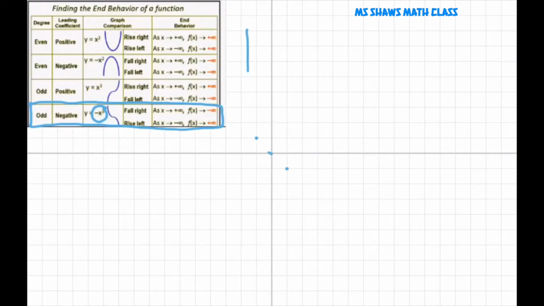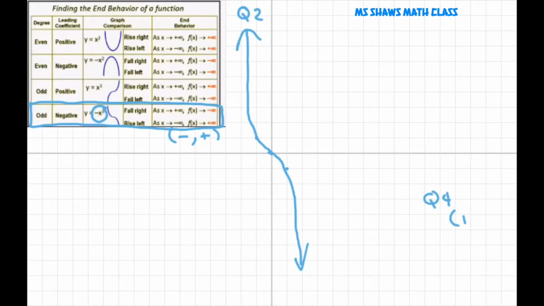So basically, something like that. Now, when we graph from left to right, we're going to be starting in quadrant 2 and ending in quadrant 4. That means quadrant 2 is negative, positive for your x and y, respectively, and quadrant 4 is positive, negative